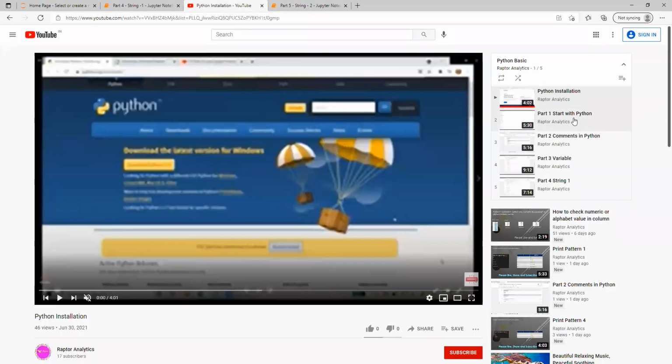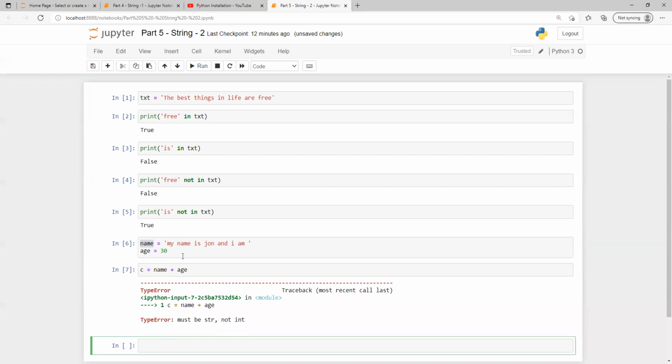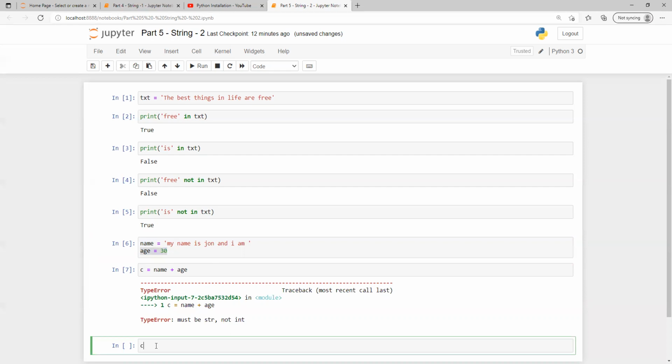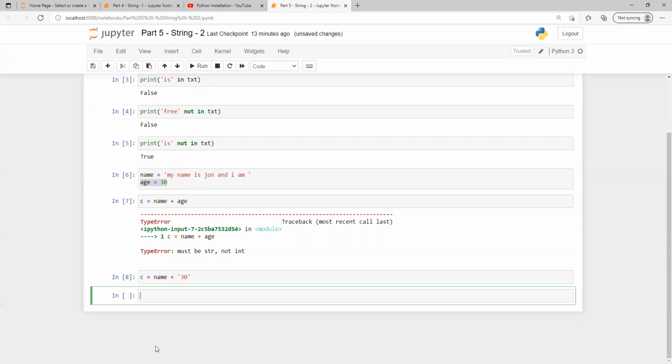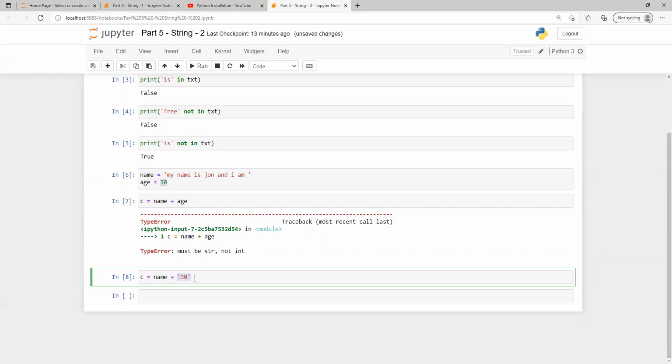In the third part we learned how to check the data type of this. Suppose in place of this I put c equals name plus 30, then we try to execute. Now it's executed. When I assign age, it's not working, but when I assign this one, it's working.